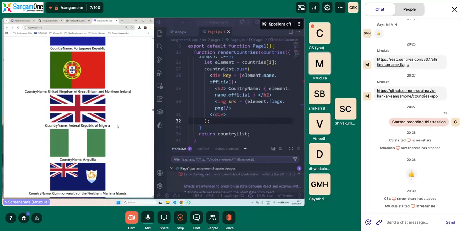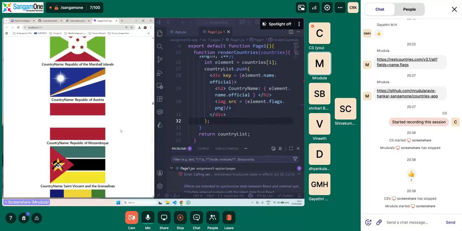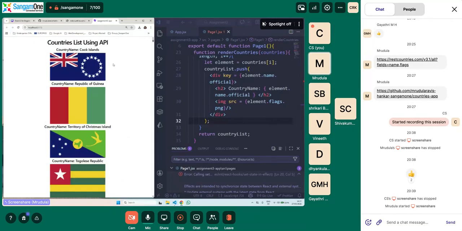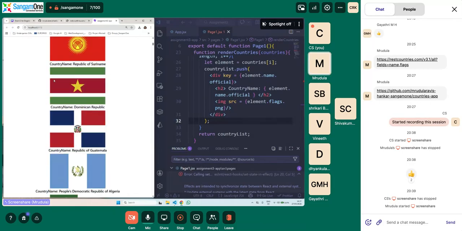Now let us try to run it. You can see the country and the flag, correct? But if you go somewhere here, you will not be able to distinguish whether this flag is of Republic of Suriname or Dominican Republic. So to differentiate, we will add a horizontal line between each country and its flag.